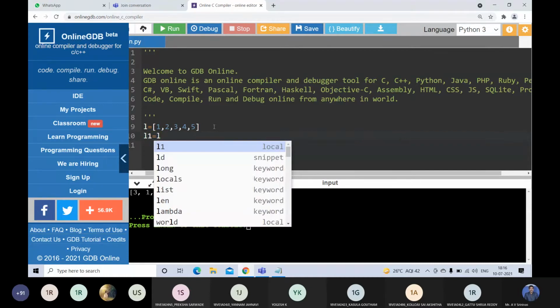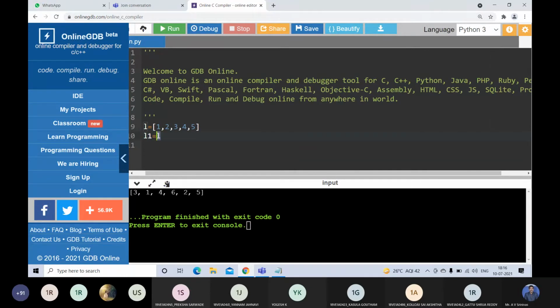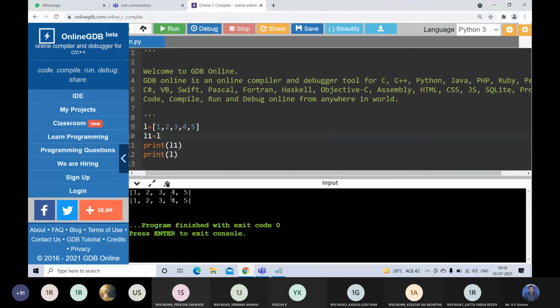L1 is equal to L. That means L is my old list and L1 is the new list. I am copying the elements in L to L1. It is possible, but there is a problem, I will tell you. If I print L1 and I print L, both have the same values, 1, 2, 3, 4, 5 and 1, 2, 3, 4, 5.